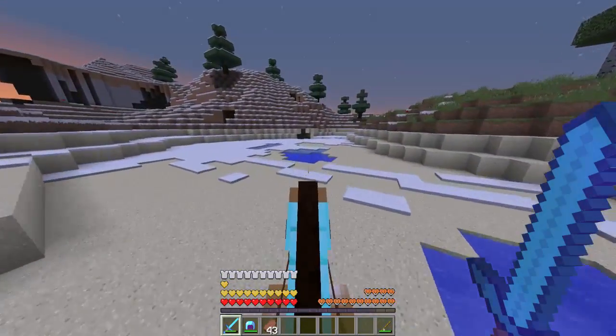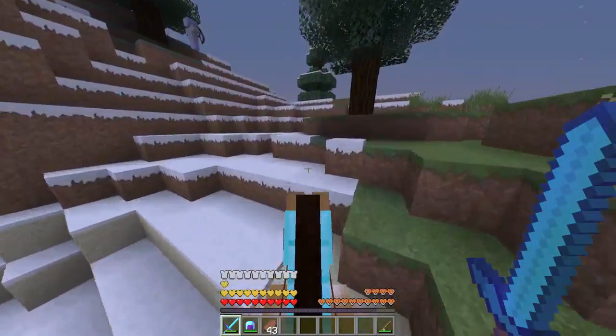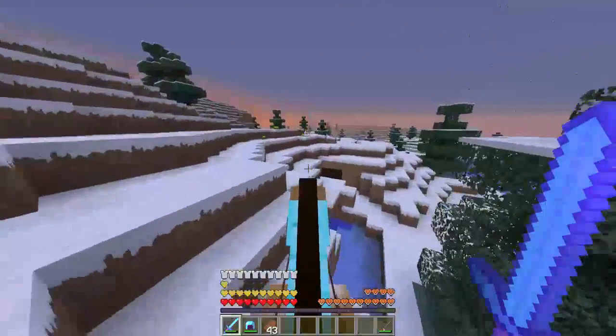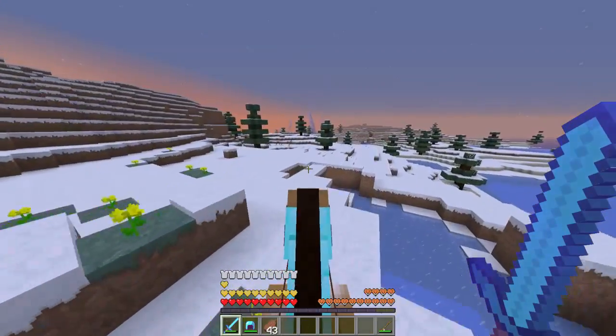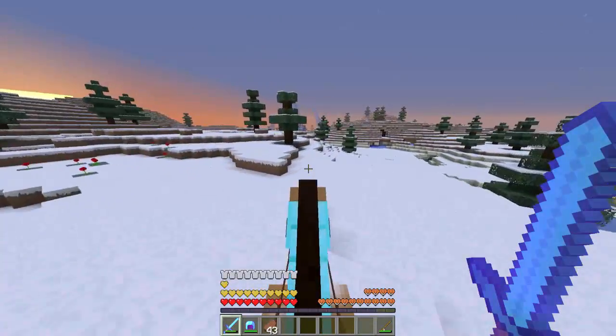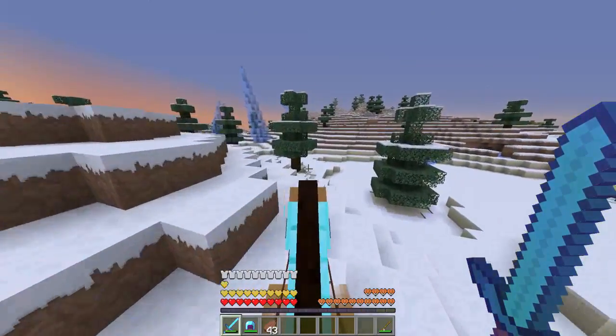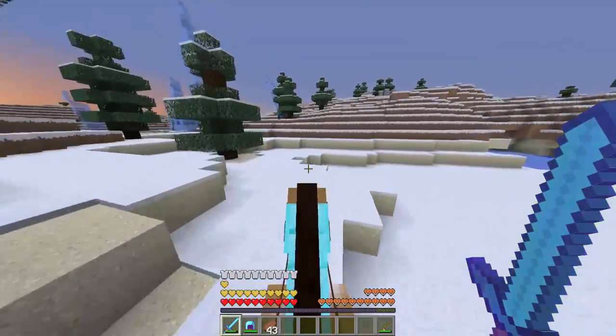So the closest dungeon that I have to my house that is still Hellfire is this ice shards place. It's fine. It's one of the harder dungeons just because it's so open and there's so many mobs that spawn. But yeah, it shouldn't be too hard. It wasn't too hard before, so